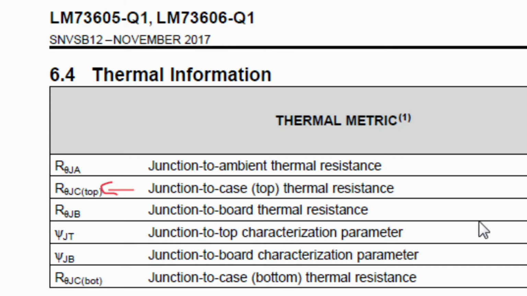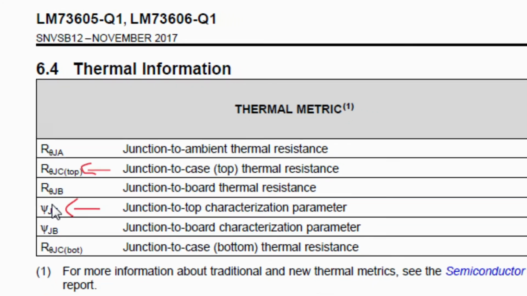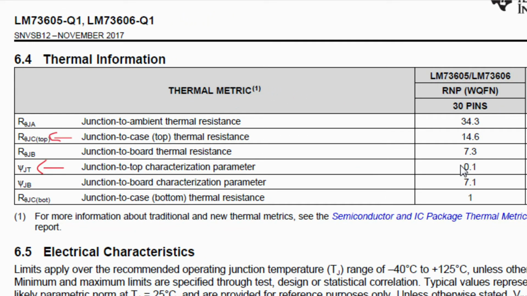The number you should be using is psi JT. That can get multiplied by the total power dissipation, and it's already in its calculation determined how much of the power it expects to take this path. So from the junction to the top, JT, we can multiply its parameter times the full power dissipation of the device to estimate the junction temperature. And you can see that this number is only 0.1 degrees C per watt. So if you multiply that by 1 watt, you're only going to get a 0.1 degrees C rise.